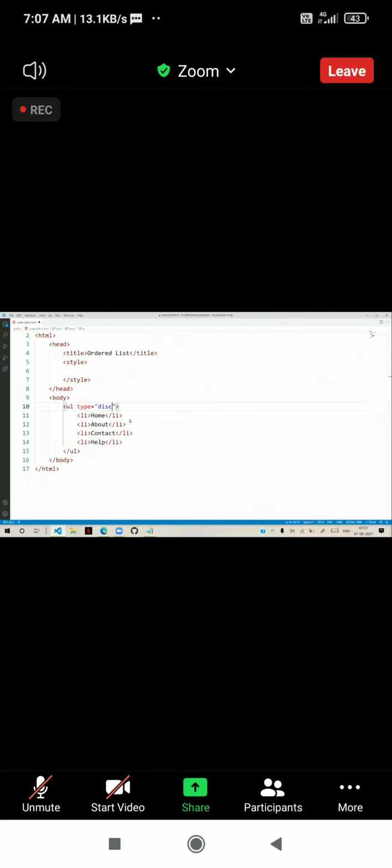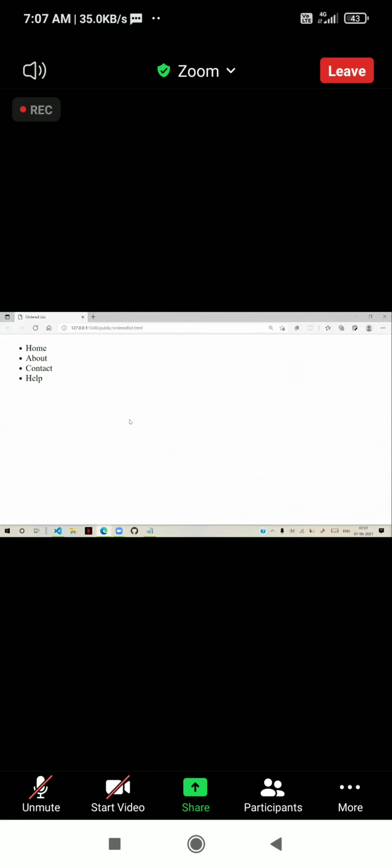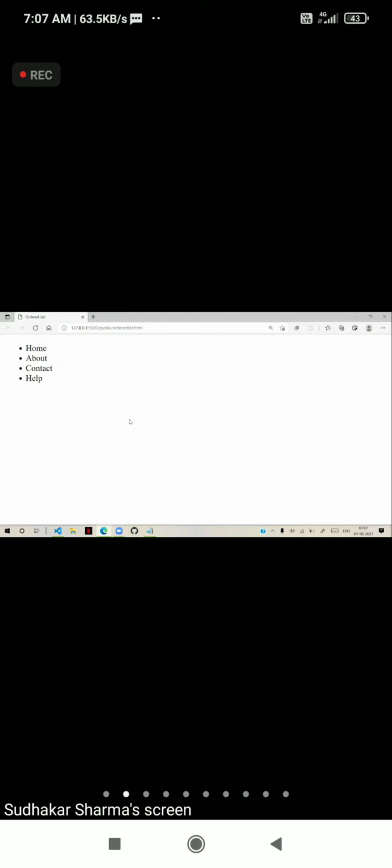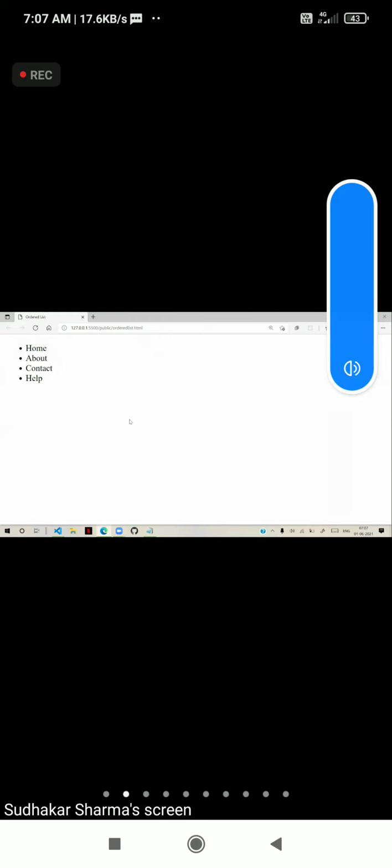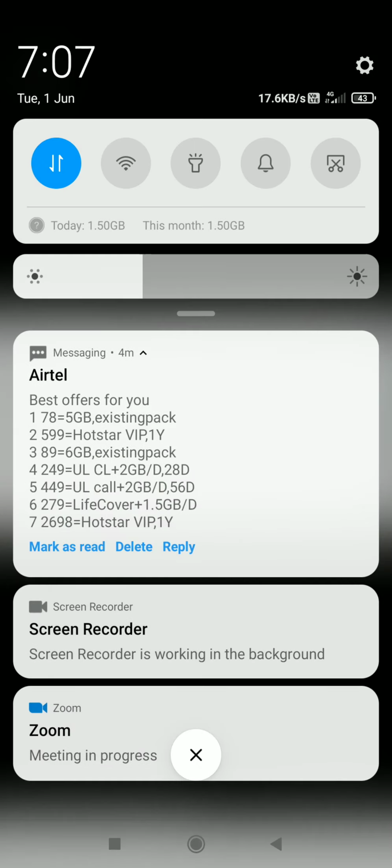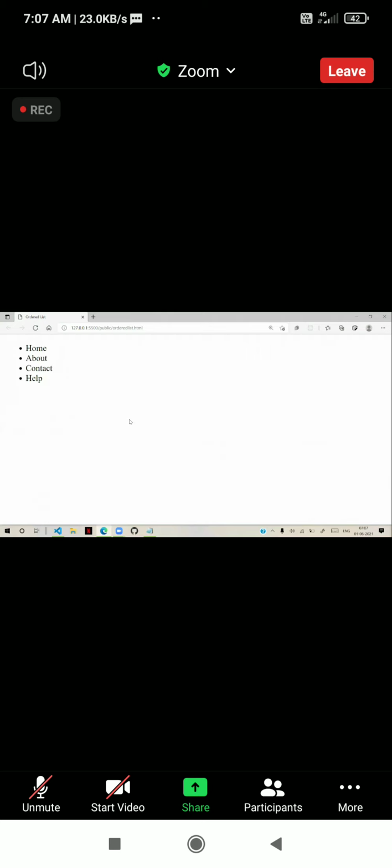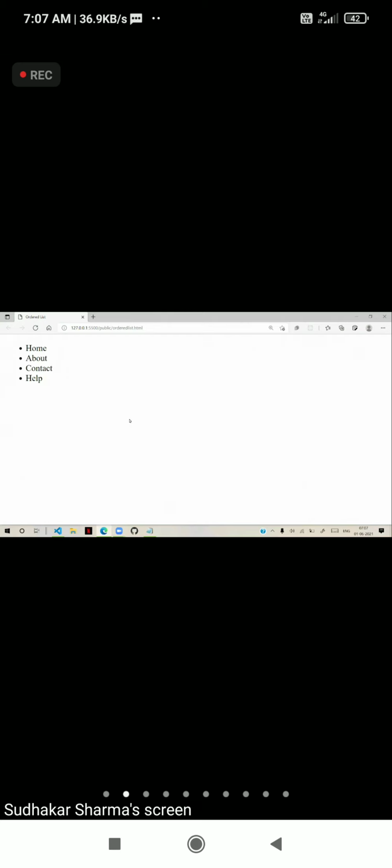By default it is disk. You can see disk. Only these three symbols are there. Many times people ask, in websites we will have different symbols like hand symbol, currency symbols, star symbols. Those are all our own symbols. We can get our own symbols. And we have another concept also I will tell you today.